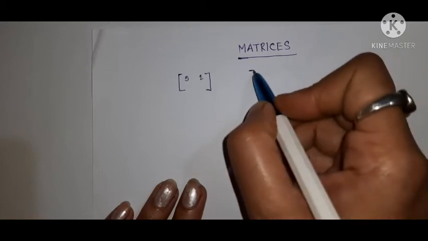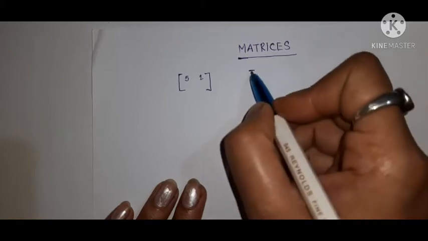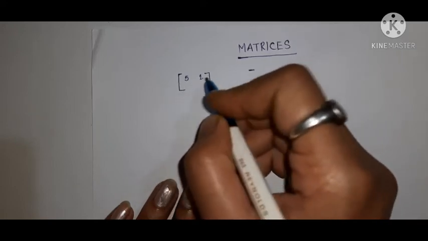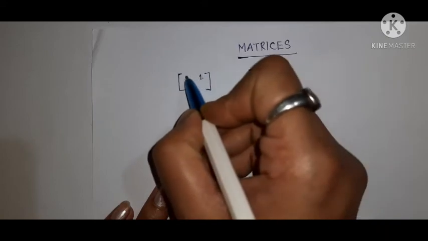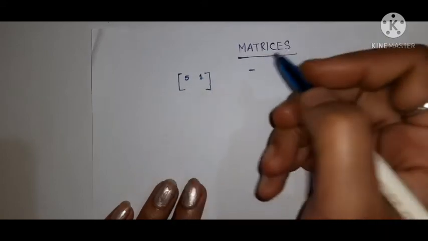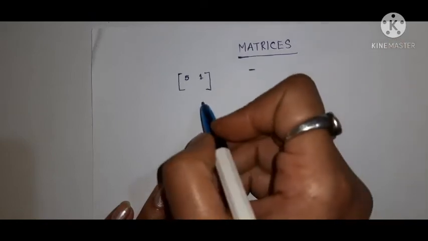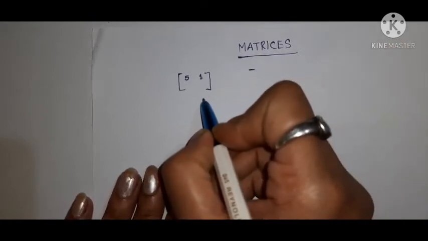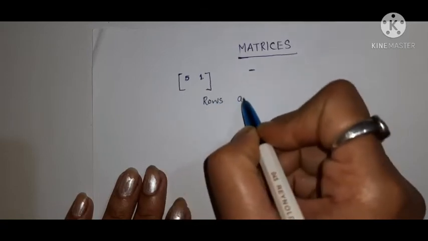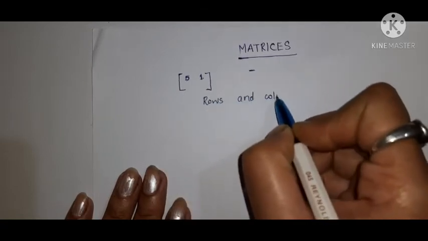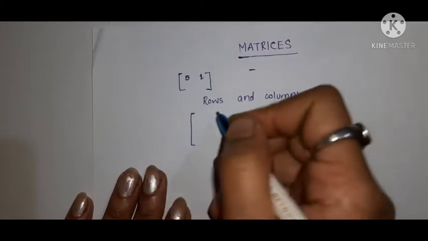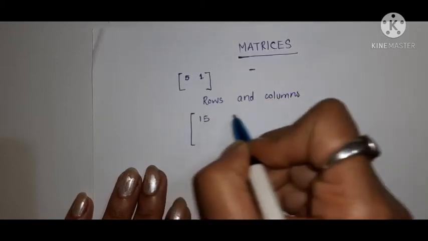learn about the notation of matrices. We always write matrices under square bracket. Means anything we write in matrices, we have to write inside the square bracket. And the next, in matrices we have rows and columns. For example, if we write